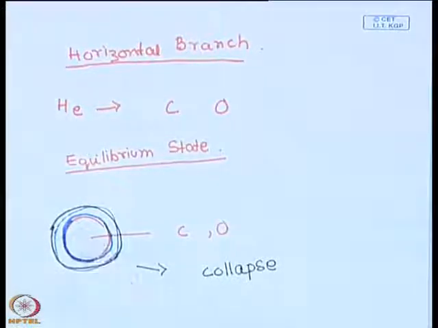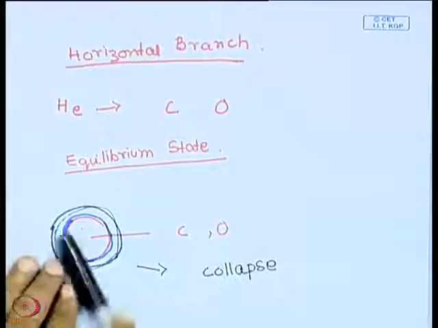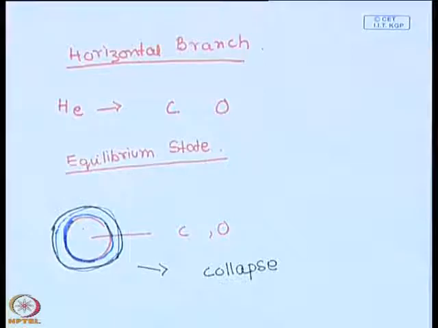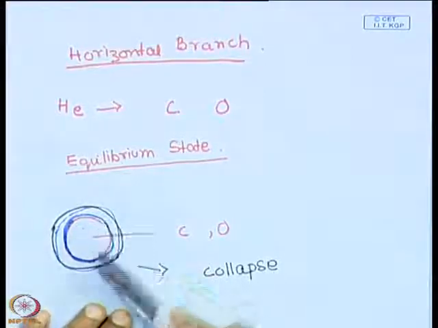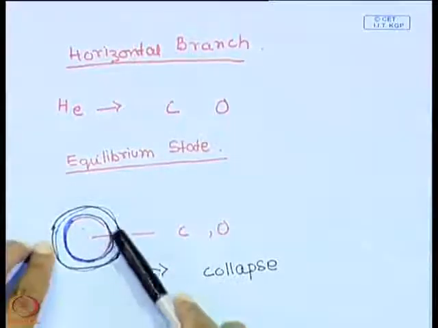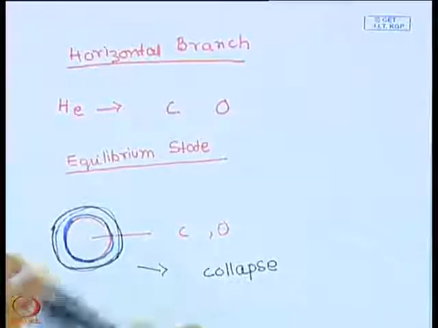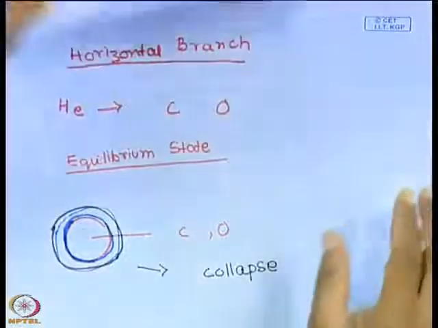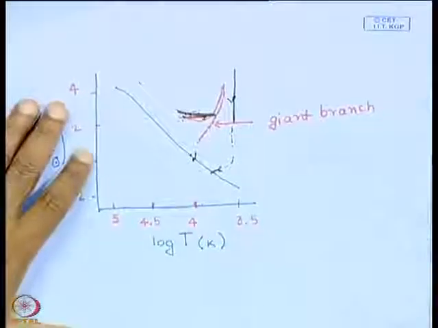And again, as it collapses due to gravity, it will get heated up by straightforward virial theorem, and it will emit more and more energy, and this increased source of energy will cause the outer parts of the star to become bigger, and you will go into a second giant phase called the